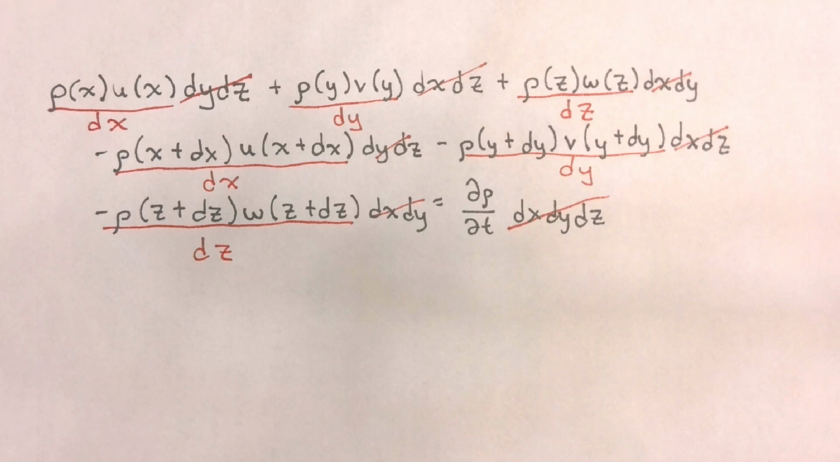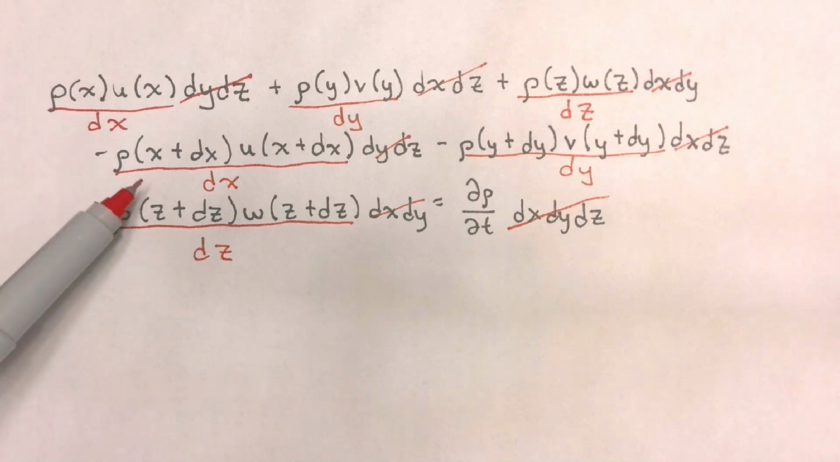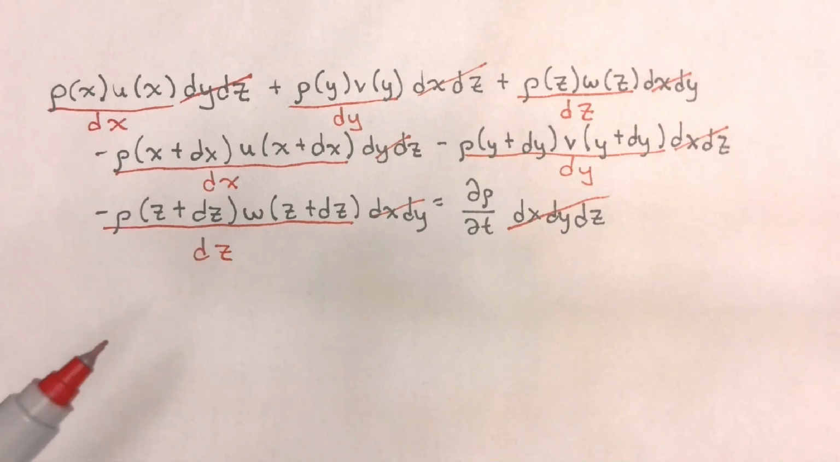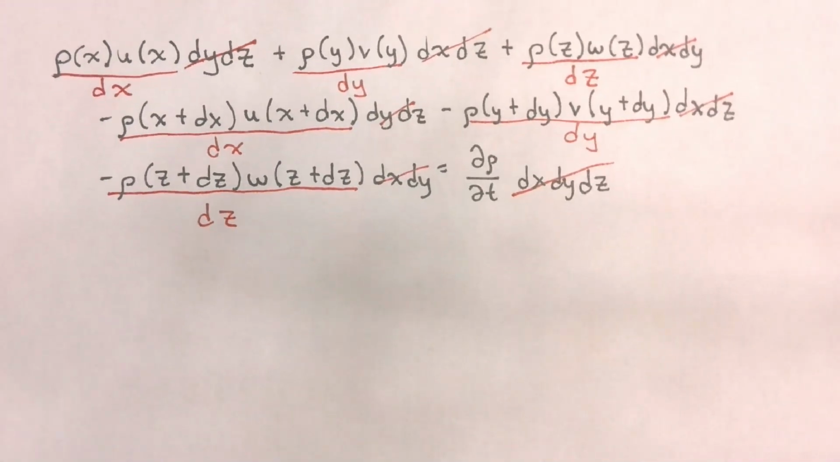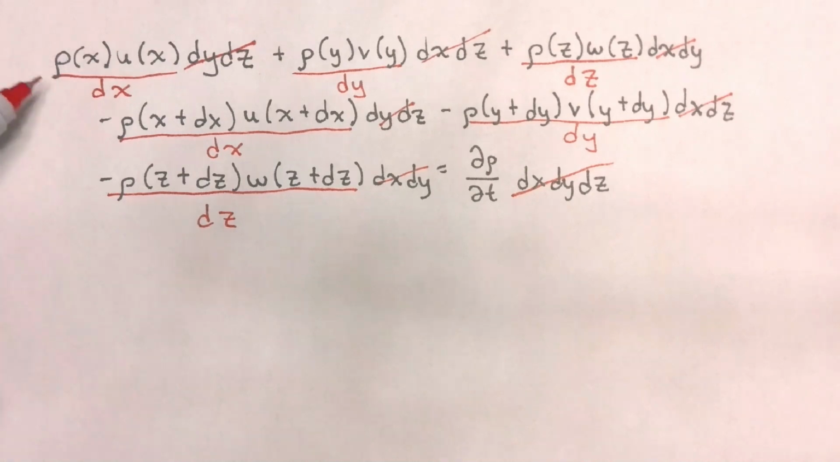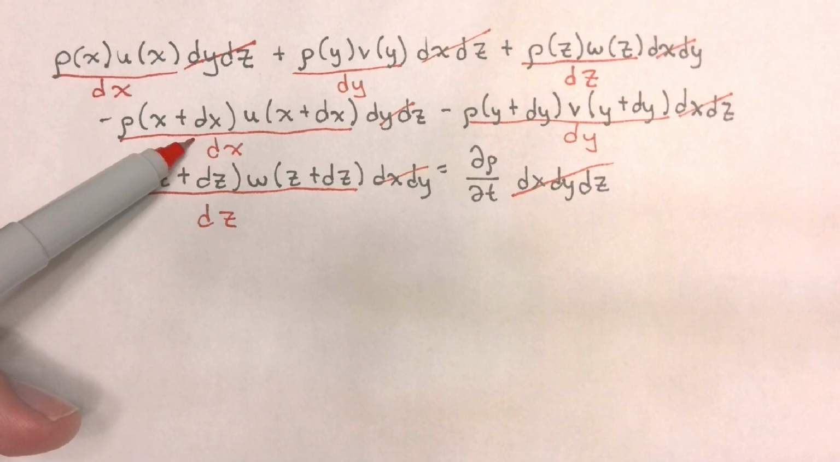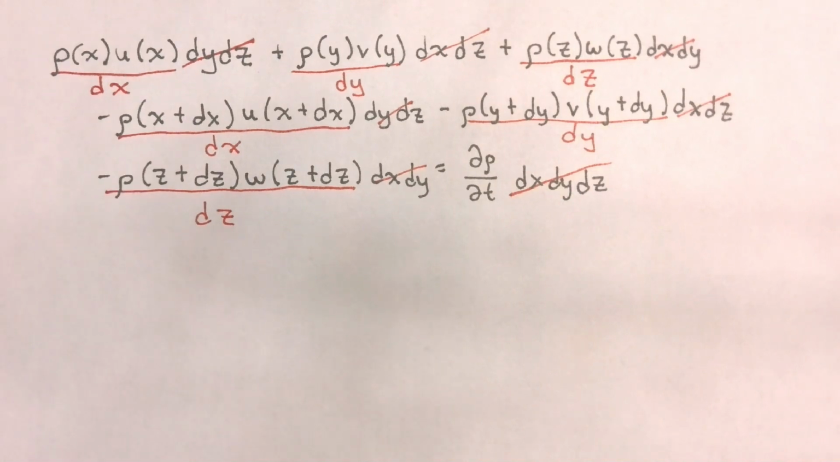Now we can further rearrange this equation. Let's try to keep all of the terms that have dx in the denominator together, all the terms that have dy in the denominator together, and all of the terms that have dz in the denominator together. So I'm going to start by combining my terms that have dx in the denominator. Those are